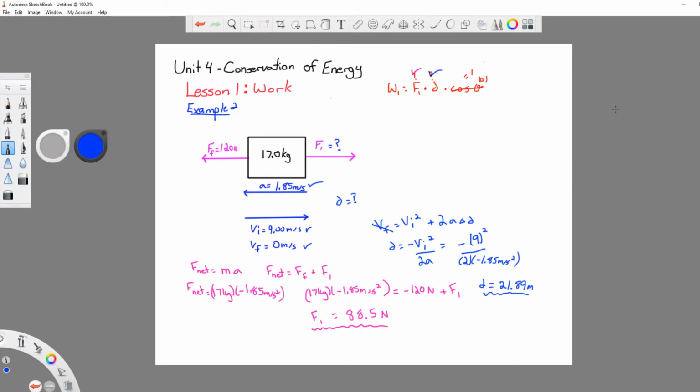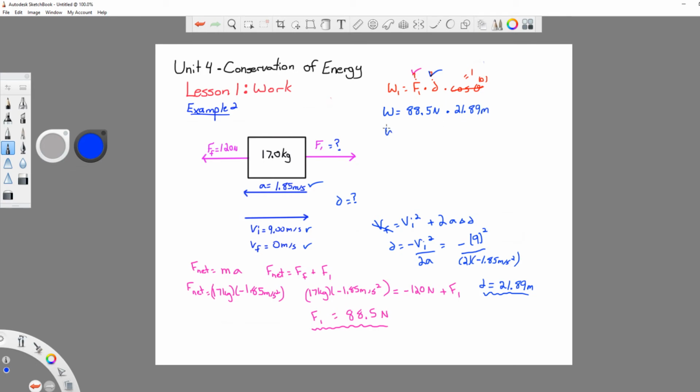If we're looking for the work done by force 1 now, we now know the magnitude of force 1. We know the distance at which force 1 acts over. We know it's acting in the same direction as the motion. So let's plug numbers in and finish this off. Work is equal to force 1, which was 88.5 newtons, times our displacement of 21.89